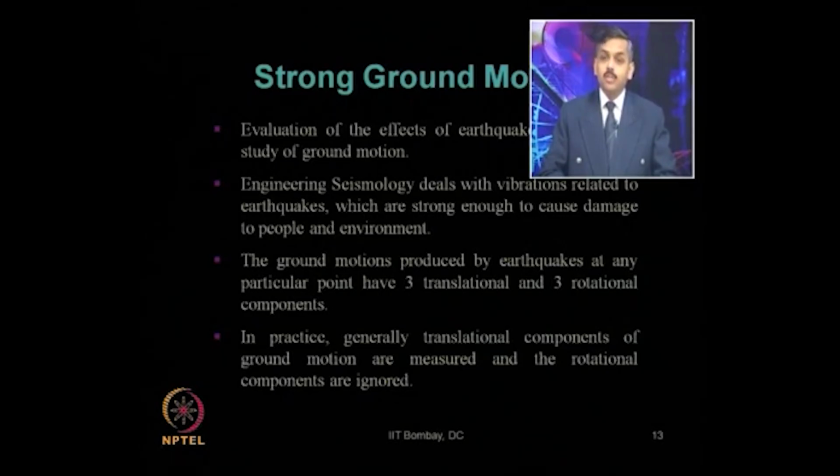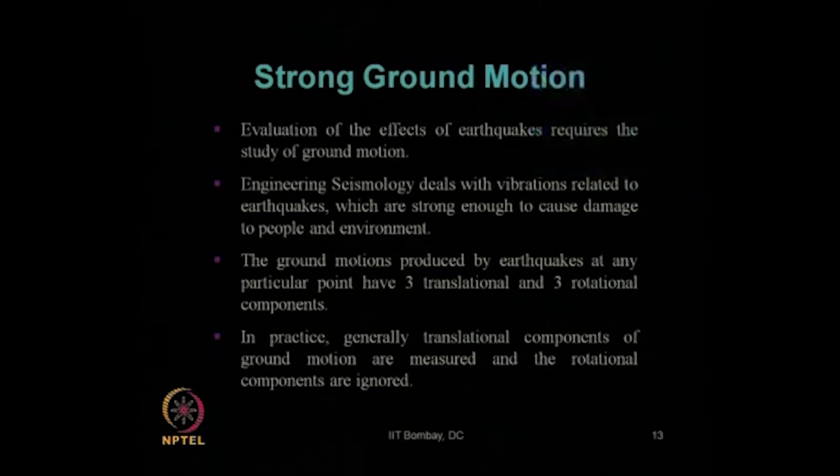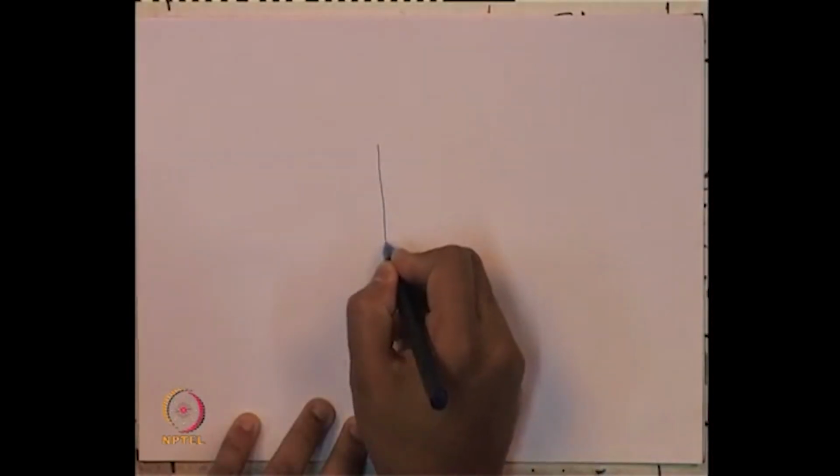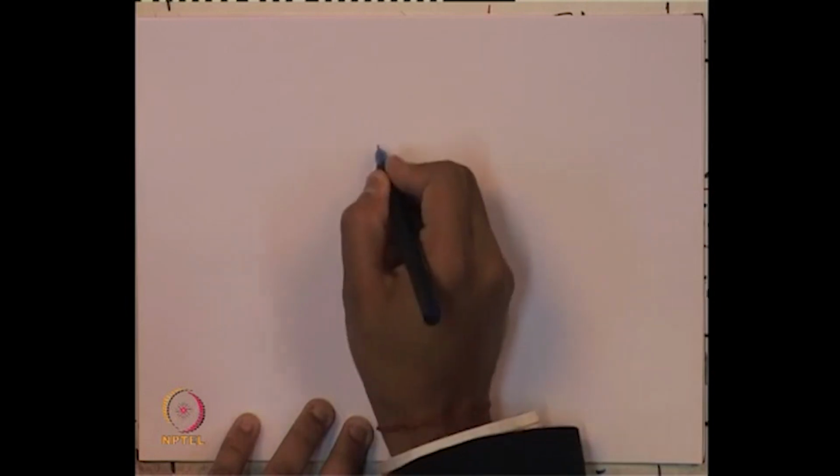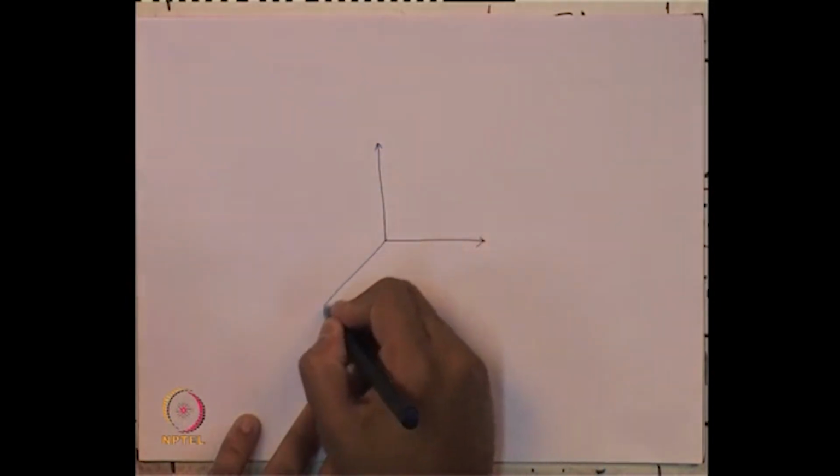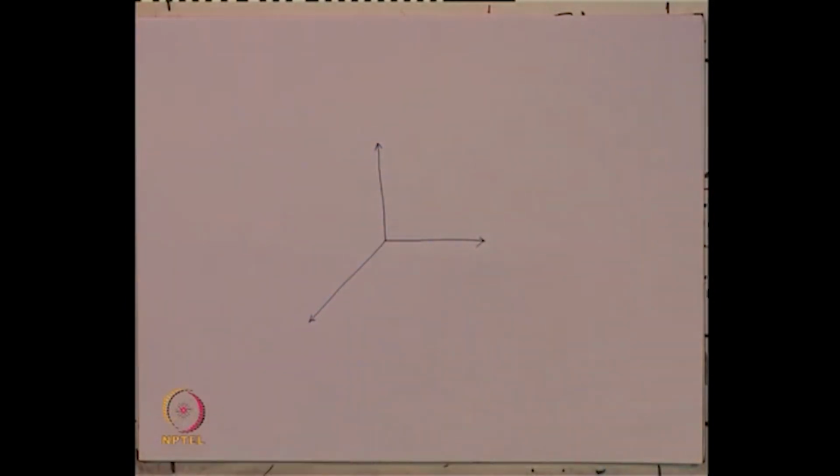will typically have 3 translational components and 3 rotational components. So, altogether there can be 6 components: 3 translational ground motions and 3 rotational ground motions. If we see the picture here, if we can draw in the 3-dimensional space the variation of this,